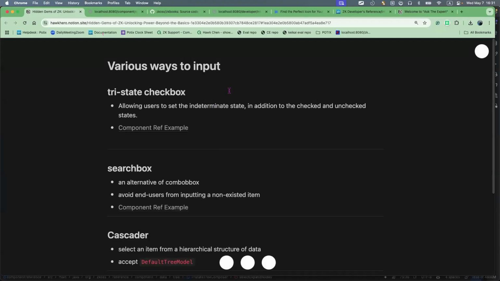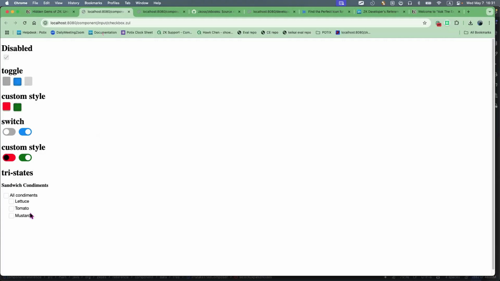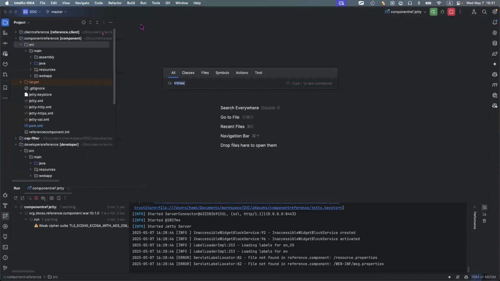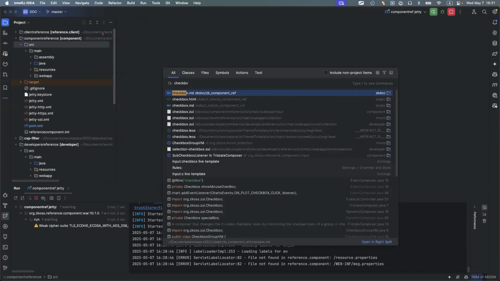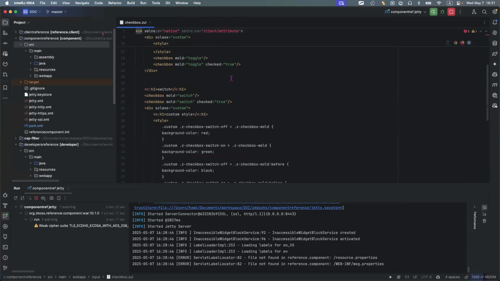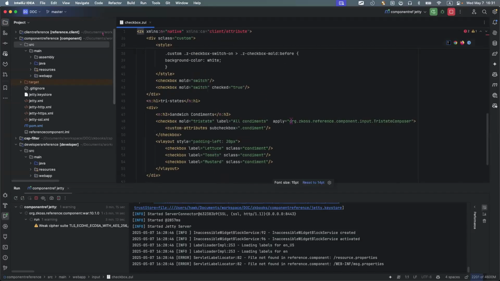Now we talk about various ways to input. There are several, maybe rarely used, inputs, like a tree state checkbox here. It's very similar, but you can see if I use a tree checkbox here, you will also handle its children's checkboxes. So let's see how we do it. Let's check the checkbox rule component reference here. Okay, so you can see we need to